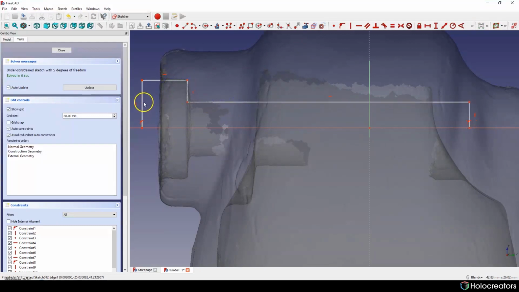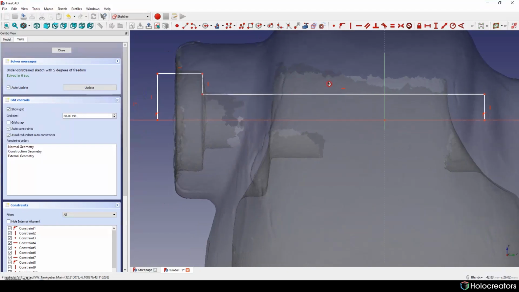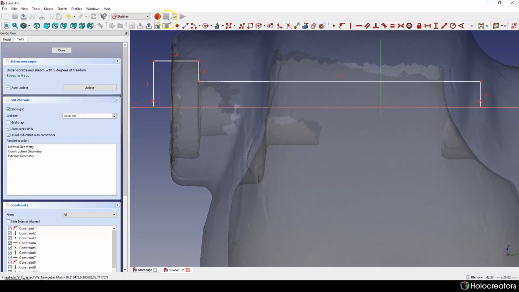And again, we have to be sure that everything is connected to each other to avoid any errors in the future.